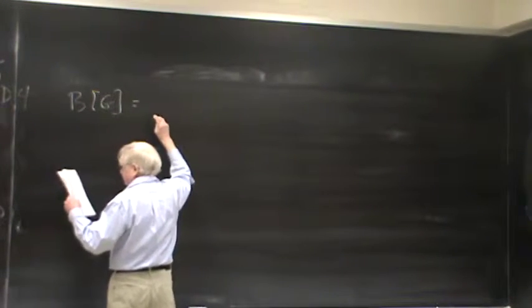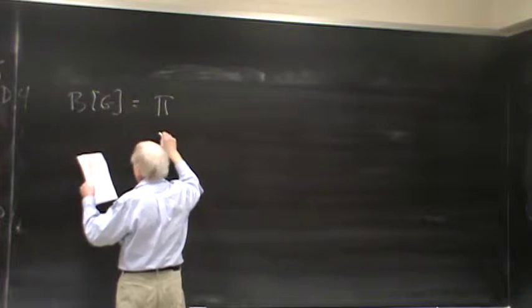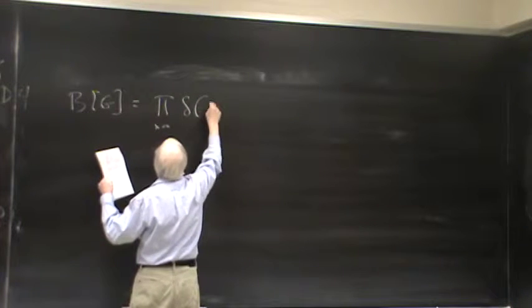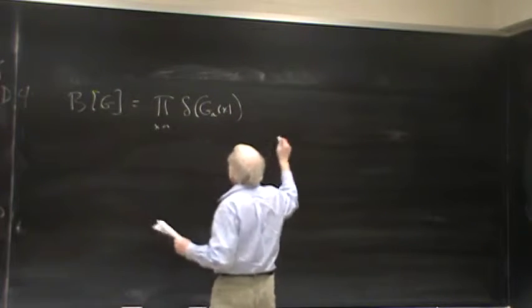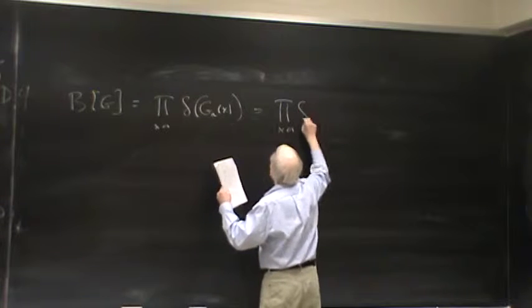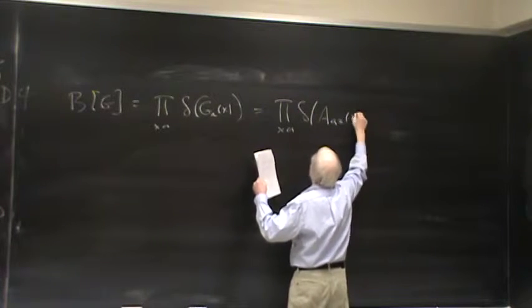So this is a product, for example, over x and a of delta of G_a of x. And as an example, this might be the product over x and a of delta of A3 of x,